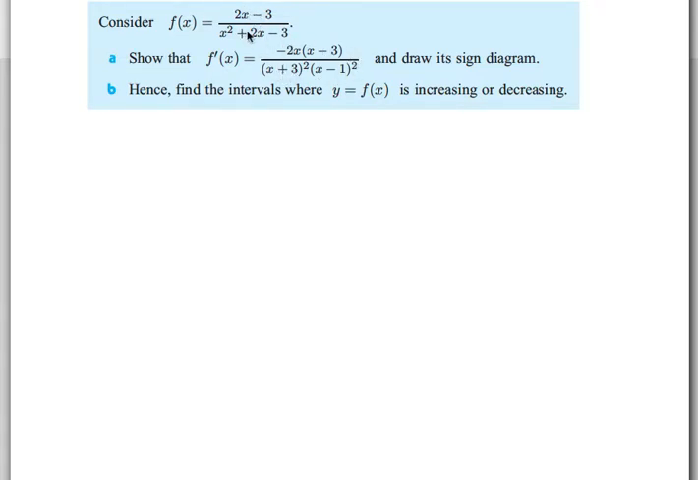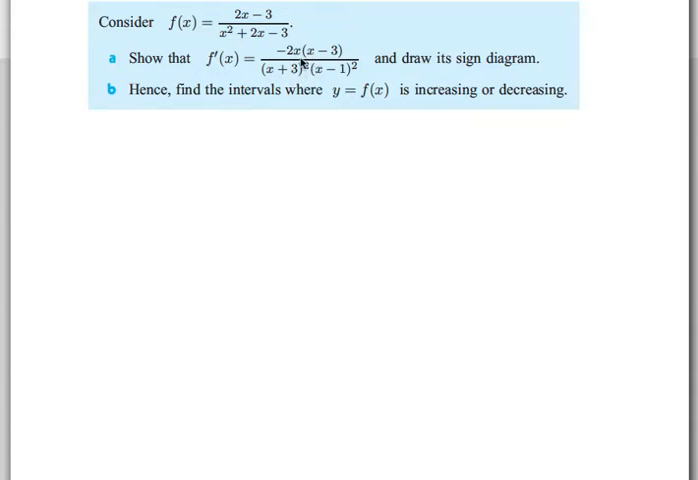Okay, so this is a kind of a strange rational function. We have a pretty complex one actually, okay? Notice that the bottom is factored neatly, so that helps us find the vertical asymptotes, and the top is also factored neatly, which helps us find the zeros. Okay,